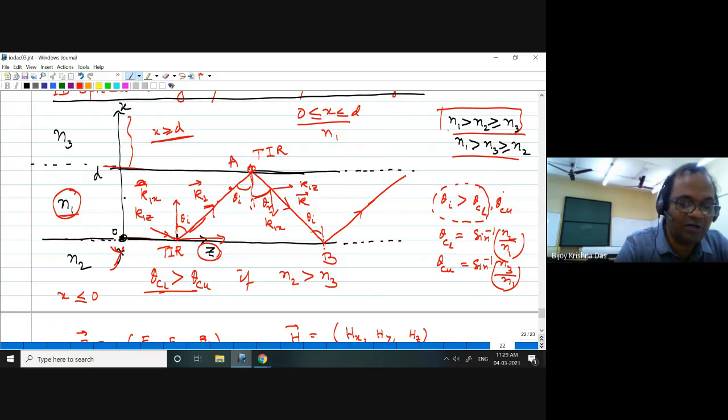That's why it is reflecting back, coming downward. So upon total internal reflection, our tangential component is not changing, as discussed before. k1z, same direction. But the normal component, within the medium I am considering, after total internal reflection undergoes some phase change. That means it is in the reverse direction. k1x is in the reverse direction. That is the reason it is taking this reflection angle.